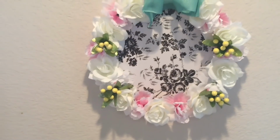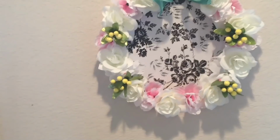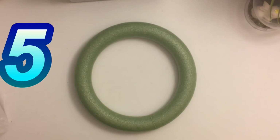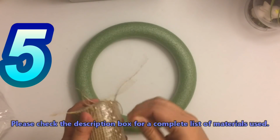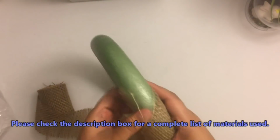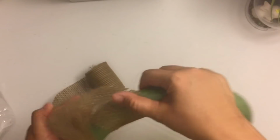I really love this project a lot, to be honest. I have given this to some of my friends and loved ones, and they really like it, especially those who like Victorian style or shabby chic. Now, if you could see, this one is kind of like a deja vu of the first project, right? So this one is actually kind of like a reclip of that one on the first DIY,